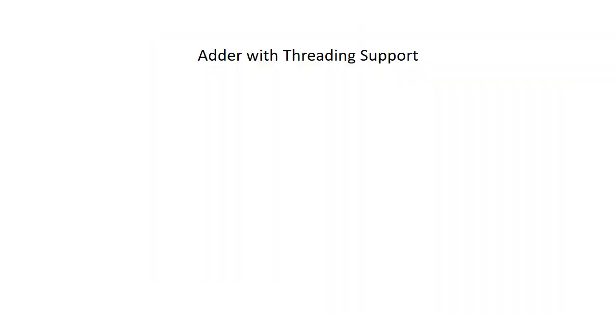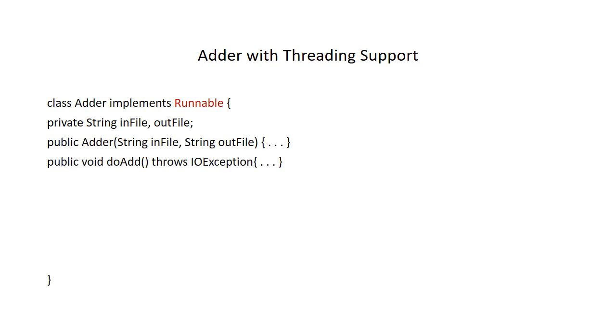Here, simple adder class is converted as a multi-threaded program. There are two ways to create multi-threading program. First way is by extending thread class. Another way is by implementing runnable interface. Here we have created by implementing runnable interface. When we implement runnable interface, we need to use run method. Within run method, we call doAdd method and that is surrounded by try catch. That means exception handling.